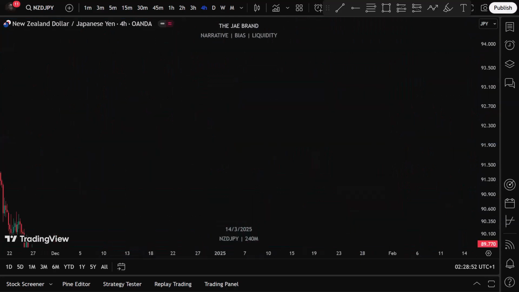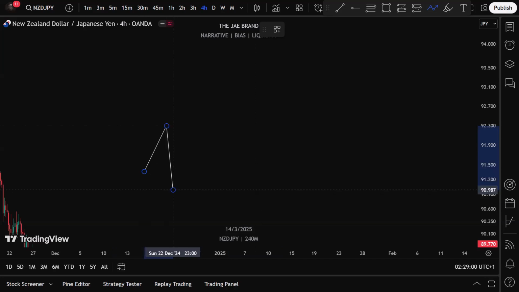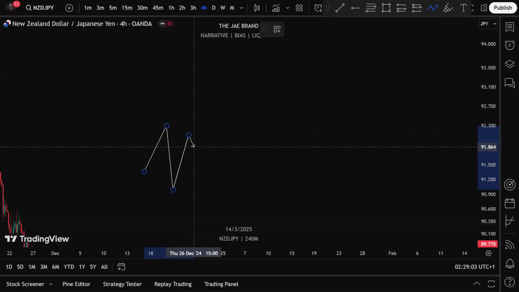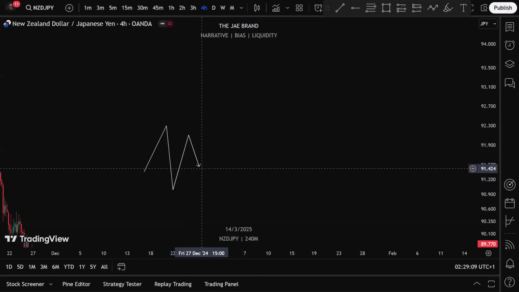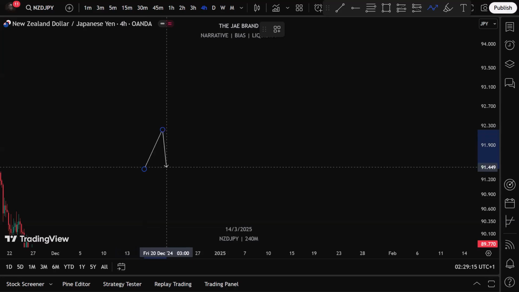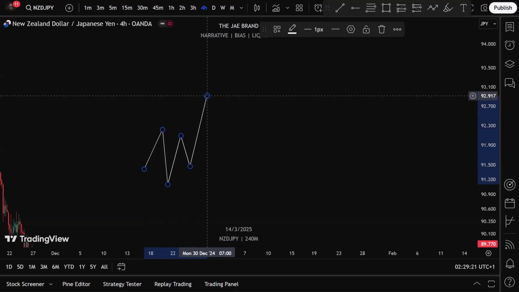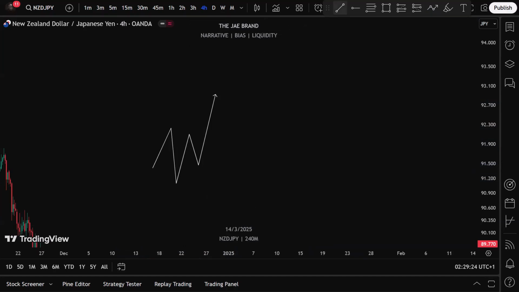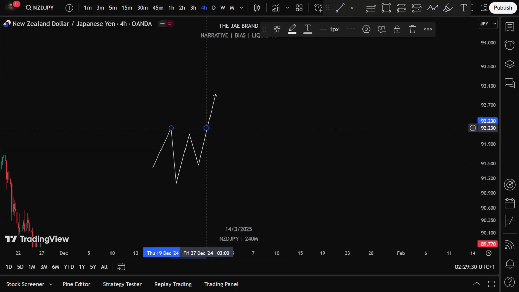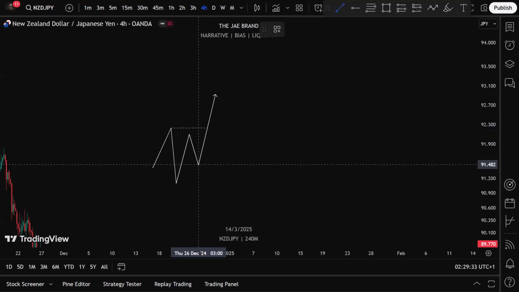Let me illustrate it better. Now, what we actually want to see for a buy setup is a sweep of this previous low, and then probably something like this, leaving us with an area of value, and then a break of structure. Sorry, let me take that again. We want to see a sweep of this previous low, something like this, and then a break of structure. This is what we always want to see. So this becomes your break of structure. This automatically becomes